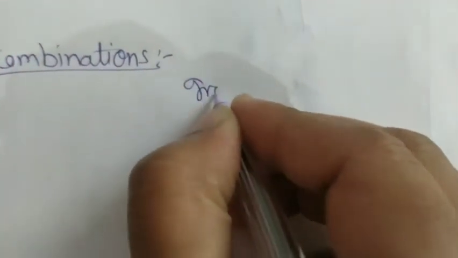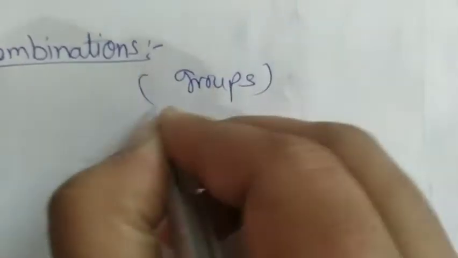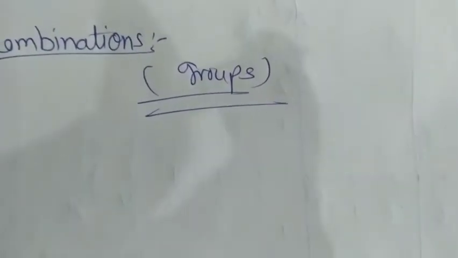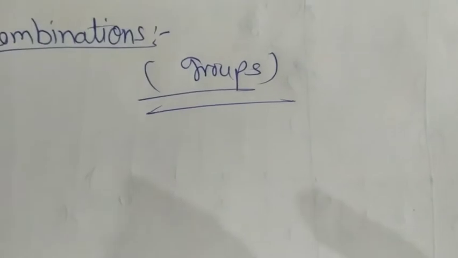Hello students, today we study what is the combination. In the last video, we learned what permutation is. In permutation, we make some groups and after that we arrange them. And in combination, we simply need to make some groups. Okay? It means we just have to create a team or a group.